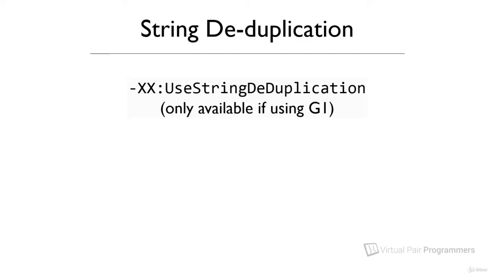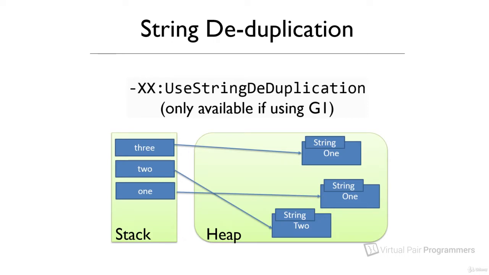If you enable this feature, it allows the garbage collector to make more space if it finds duplicate strings in the heap. Actually, I think I might have alluded to this feature earlier in the course when we discussed string pools. So if you turn this flag on, what happens is this. Suppose we have a number of variables, each pointing to different strings on the heap. So these strings are not in the string pool, and they're not eligible for garbage collection because they have active